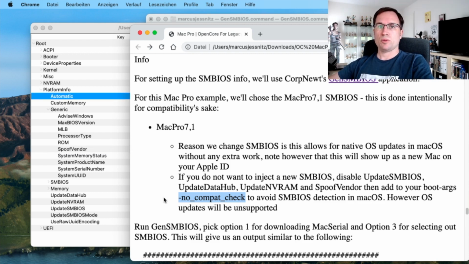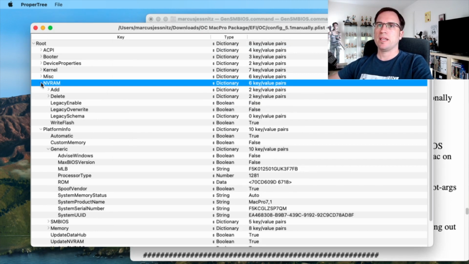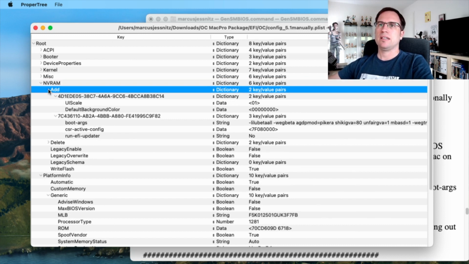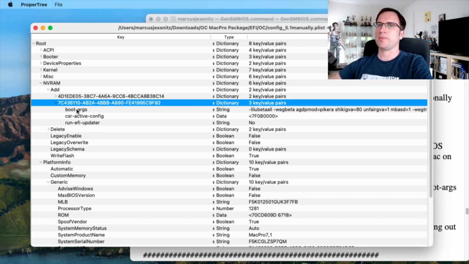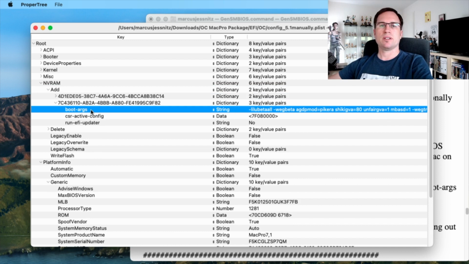So where to put this no compat check, okay, the boot arguments are hidden under NVRAM, and then there is a subchapter add, and then you find two chapters with very cryptic names. You don't need the first one, we can just make this small here, but under the second one, you find the key value boot args.